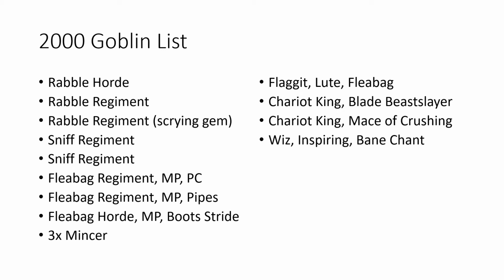I finally got a crap load of Fleabag riders painted up, so I could at least field it and not be too embarrassed with the paint job. So, 1 Rabble Horde, 2 Rabble Regiments, 1 with the Scrying Gem, 2 Sniff Regiments, 2 Fleabag Rider Regiments, both with Maw Pups, 1 with Potion of the Caterpillar, 1 with the Pipes of Terror, and then a Fleabag Horde with Maw Pups and the Boots of Striding, 3 Mincers, a Flaget with Loot on a Fleabag, 2 Kings on Chariot, 1 with the Blade of the Beast Slayer, 1 with the Mace of Crushing, and a Wiz with Inspiring